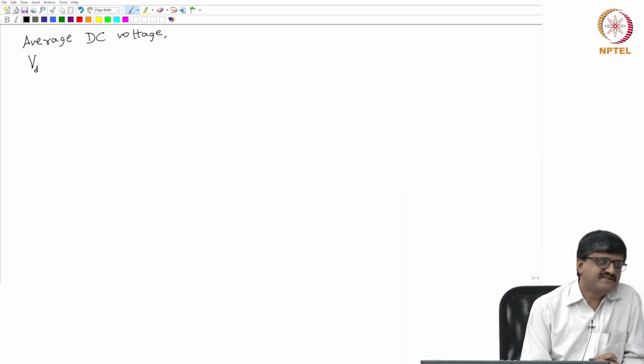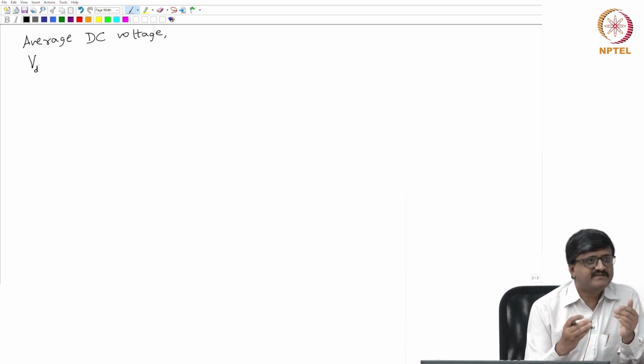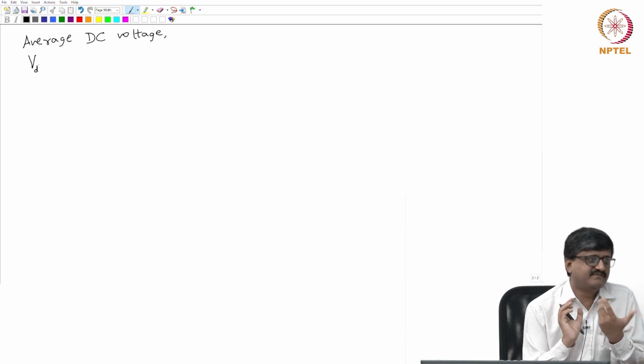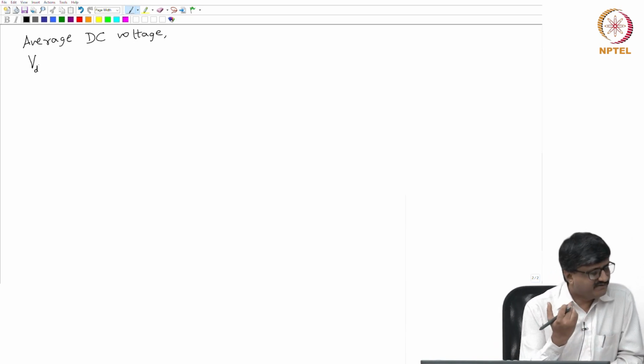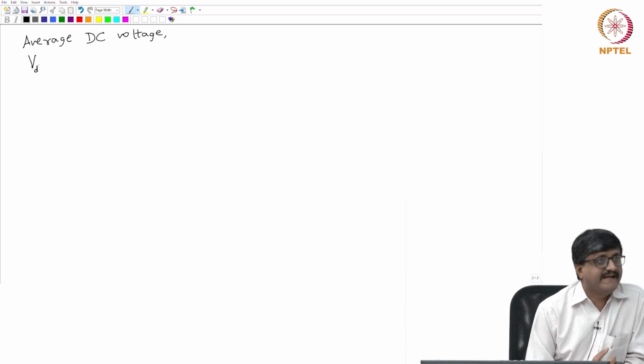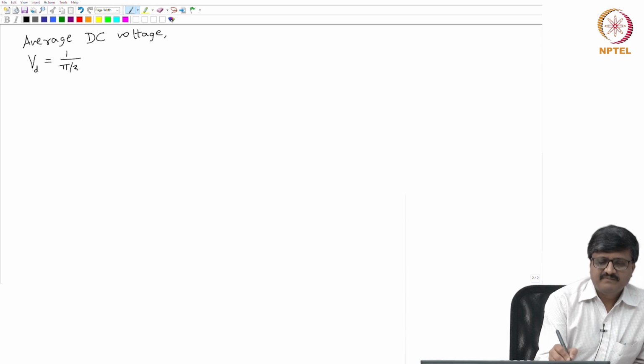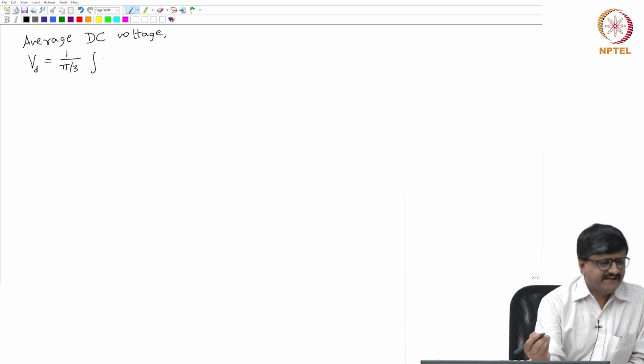So, if I want the average, I need not do an integration over 2 pi radians, I can just do it over 2 pi by 6 radians. Okay. So, I will take any one interval of duration 60 degrees, that is 2 pi by 6. I will just integrate over one interval of duration 60 degrees and get the average value. So, 2 pi by 6 or pi by 3, so 1 by pi by 3. I can take any of the 6 intervals.